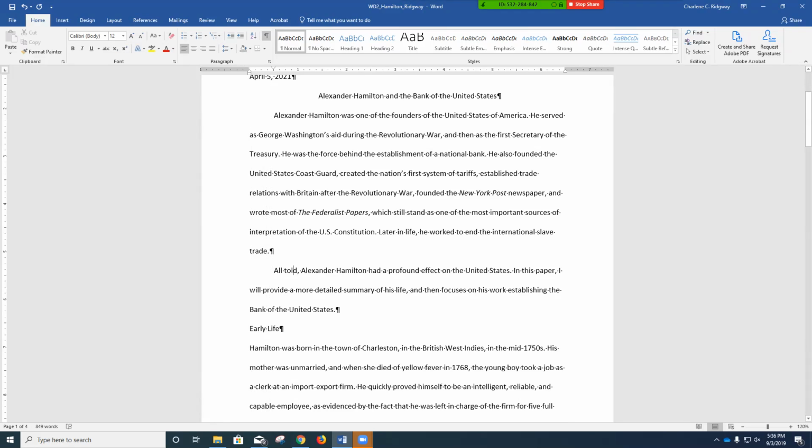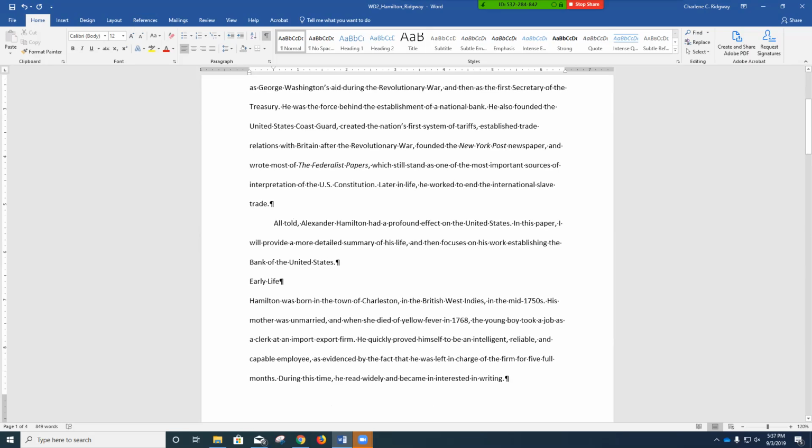We could continue to drag the indent marker to indent the first line of the remaining body paragraphs, but it's faster to use the repeat button on our quick access toolbar at the top left-hand corner. Okay, number 6, scroll down and click in the paragraph below the Early Life heading. All right, here's the Early Life heading. We're going to click in the paragraph below, and then we're going to click the repeat button, which is up at the top on the quick access toolbar, and it's pointing to the left like a circle. So we're going to click repeat, and then we're going to scroll down,